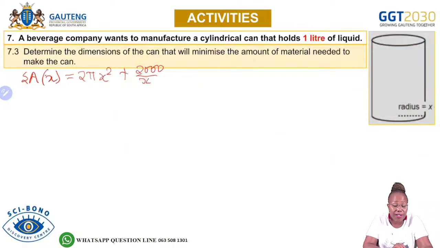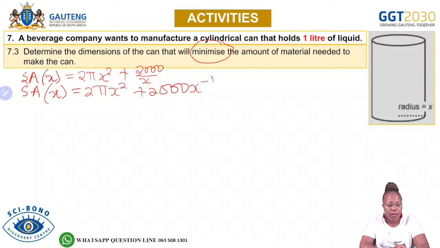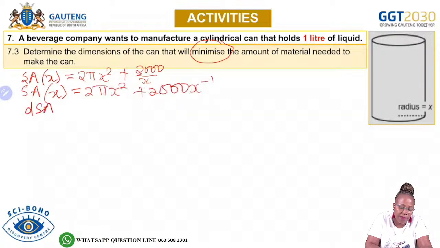So now if we need to derive this, because we want to minimize the amount of material needed to manufacture the container, we must derive the surface area formula. So before we derive, let's write this in a correct form that will allow us to derive. This will be 2000, so we are taking x up, it will be x to the power minus 1. Then we can now start deriving the derivative of surface area in terms of x, dSA over